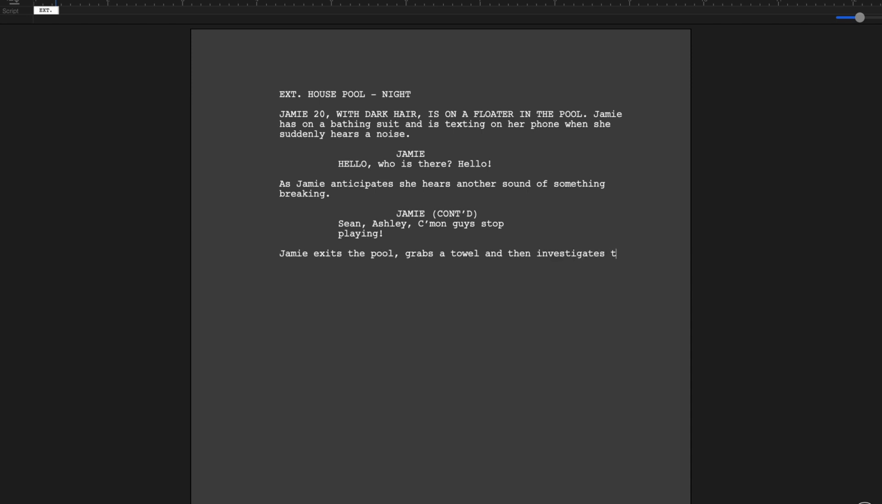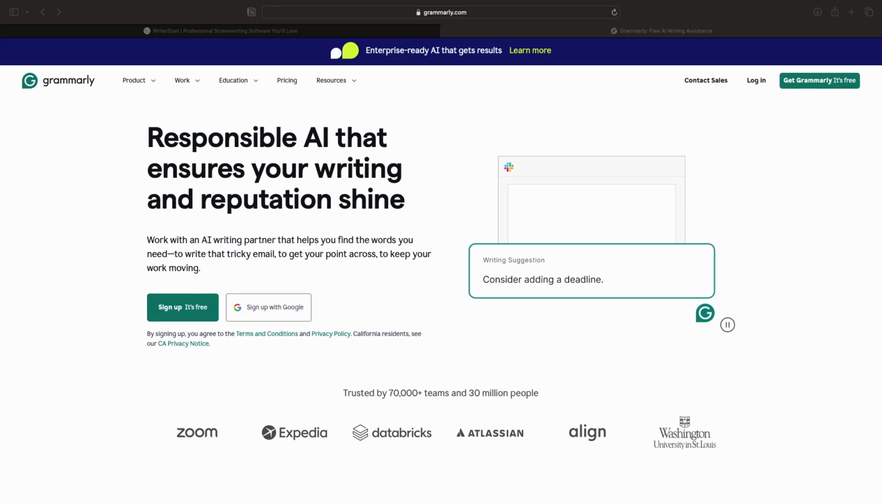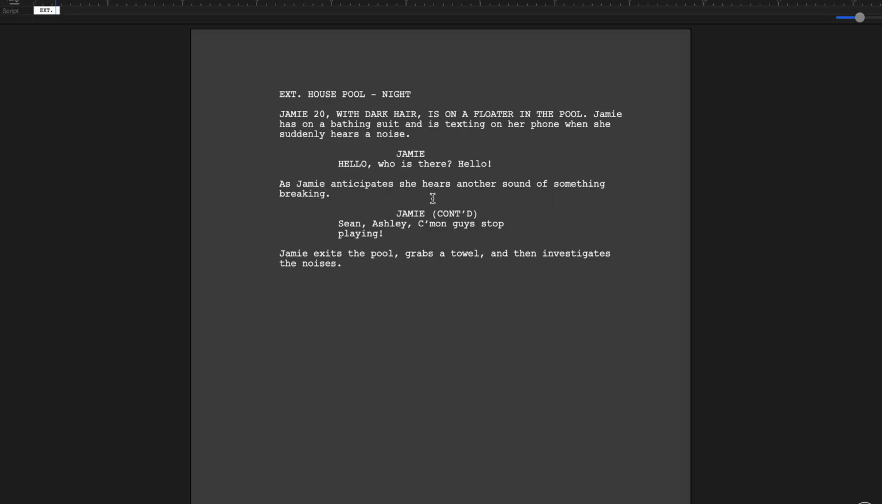investigates the noises. So, also another thing too, it would be helpful if you subscribe to Grammarly and put it as an extension, so that way you can fix the errors as you go, because the worst thing that you want to do is to finalize a script or finish a script and then notice that you have a lot of grammatical errors. Now you have to go back and rewrite the whole thing over again. So adding Grammarly as an extension allows you to correct the mistakes that you have at the same time, in